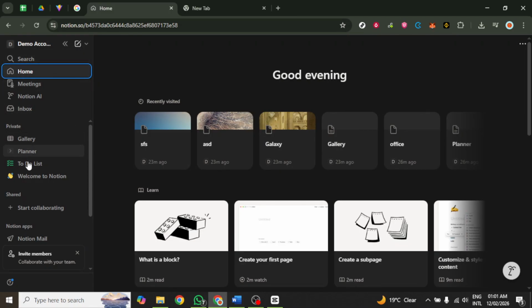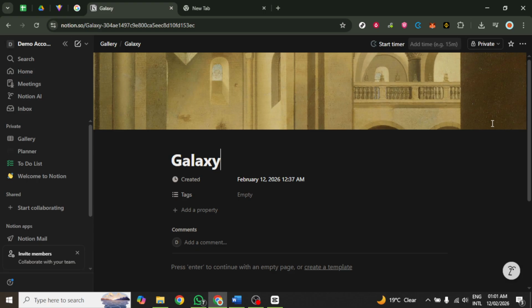Start by navigating to the Notion website and signing in to your account. Once you have logged in, locate the specific page you wish to share. It is essential to ensure that the content on this page is finalized and ready for sharing. Before proceeding, take a moment to check the page permissions to confirm that everything is set up correctly for the